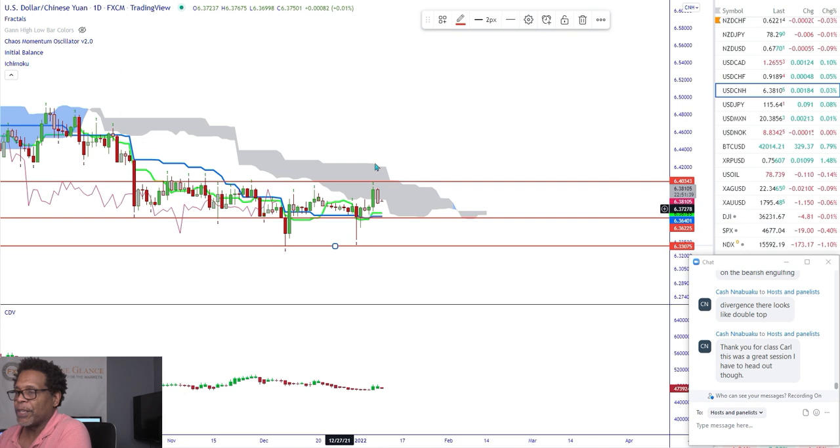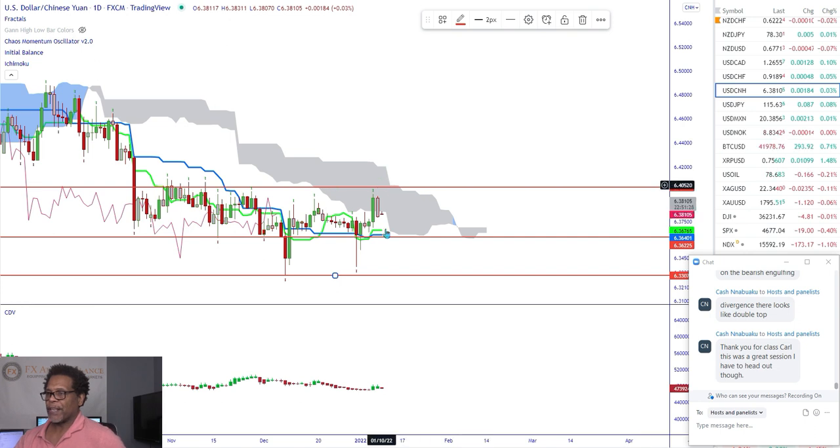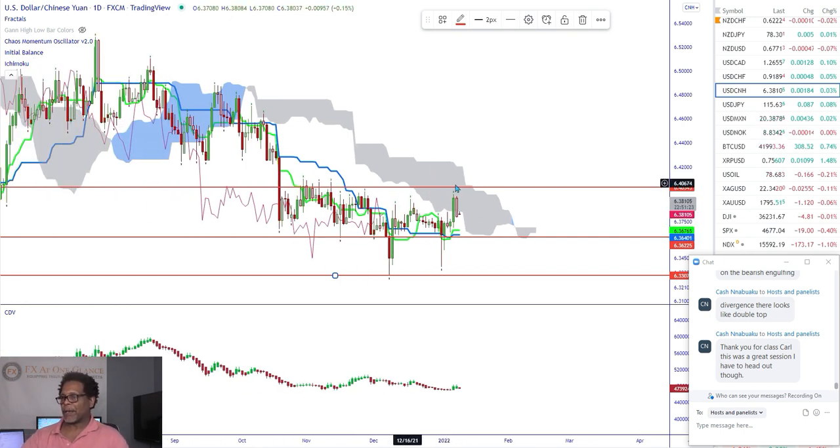And you're in this box right now. You need to break outside of that box. You're getting a crossover here, and then you cross back over. All right, so you're flat. Need to see a break above that box. You could go to a lower time frame, take Ichimoku off your chart, and trade these highs and lows until you break the box. Other than that, I'm not in love with it.